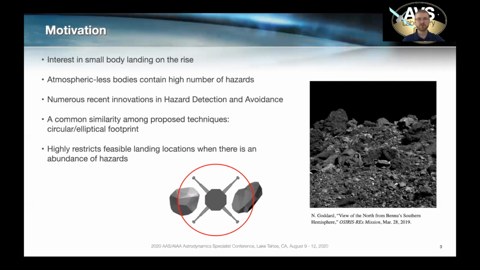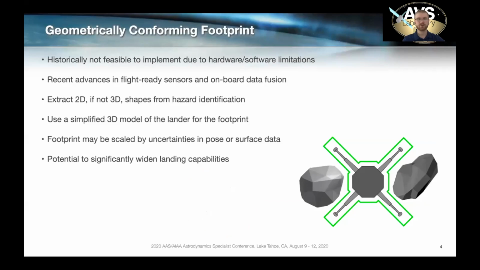With that, I am proposing what I call the geometrically conforming footprint, with the aim of fitting a more representative shape among hazards for landing site selection. This footprint naturally adds more complexity to the problem and requires much more surface information than its circular counterpart. With past research focusing on hazard identification, it is clear that the circular footprint was chosen for its simplicity and robustness. However, I believe that innovation in landing techniques has reached a point where the complexity of this geometrically conforming